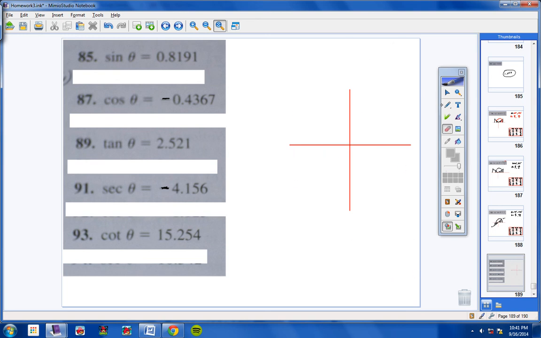All right. Cotangent of theta equals a positive 15 point something. So where is cotangent positive? Well, cotangent will be positive where tangent is positive, and so tangent is positive here, and tangent is positive here. Now, there's no cotangent button on our calculator, so instead of using cotangent, we're going to type in tangent of theta equals 1 over